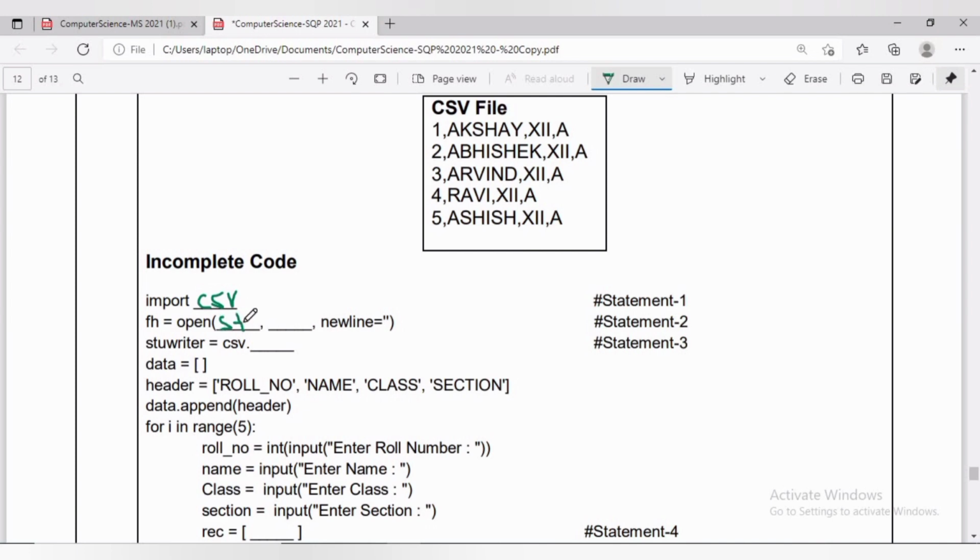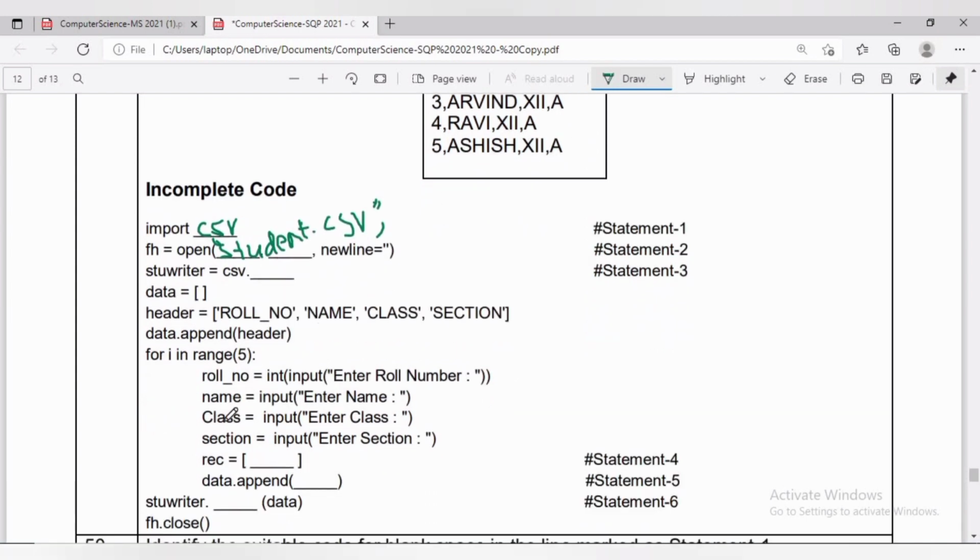Here the name of the file is student.csv and we want to write in it. For that, we have to open the file in write mode: fh = open("student.csv", "w"). Here we have to write student.csv and the mode in double quotes.